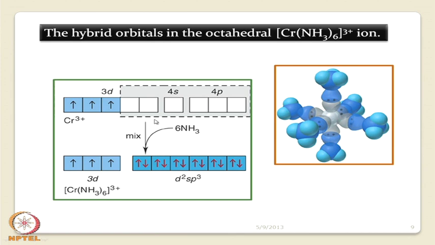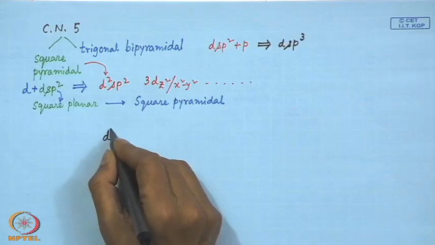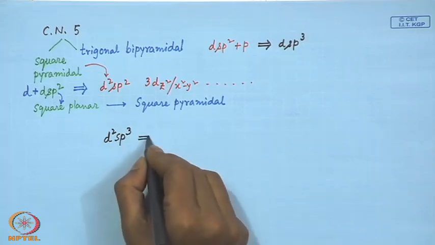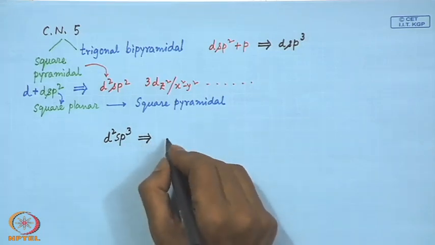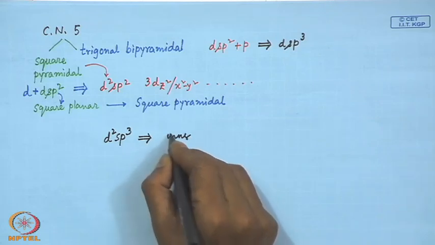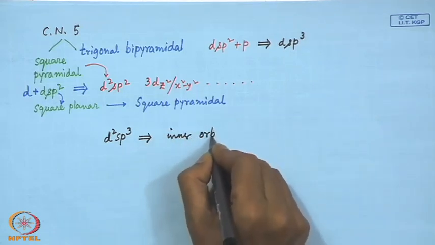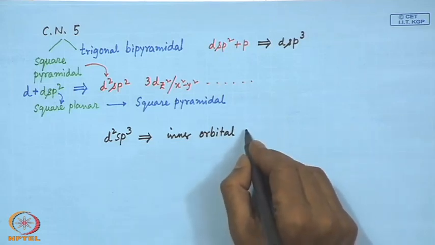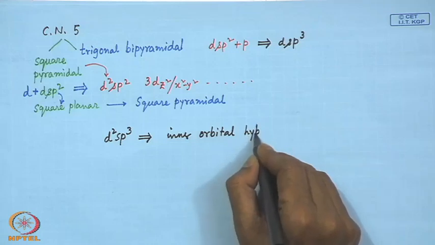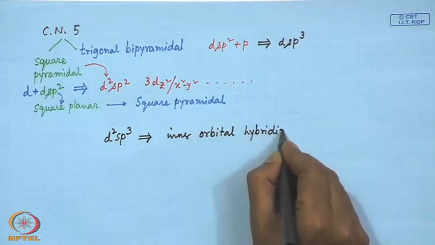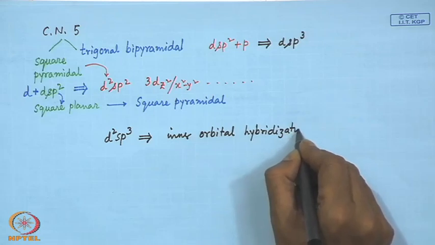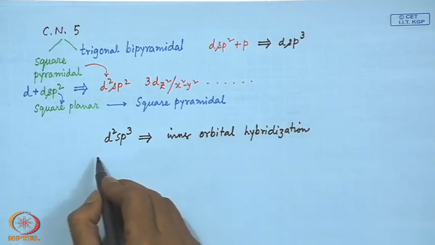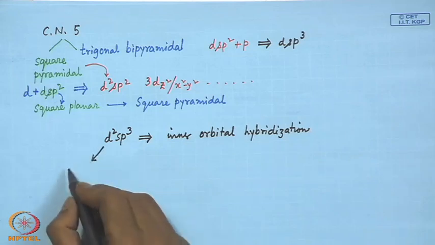So, we consider this d2sp3 as inner orbital hybridization, because the d levels utilized are